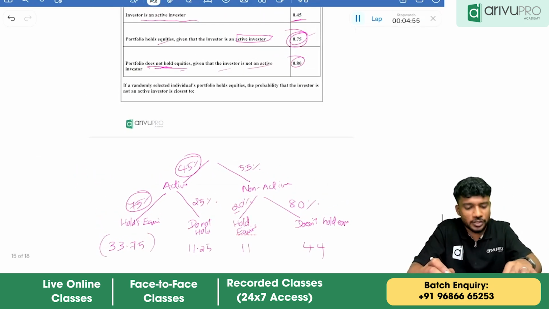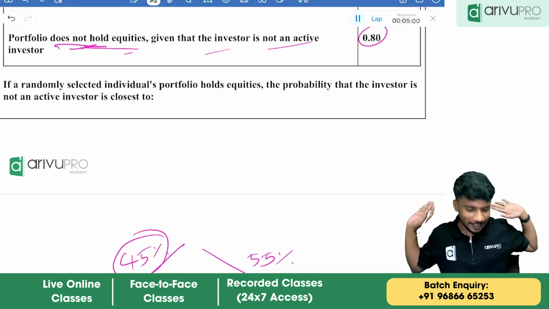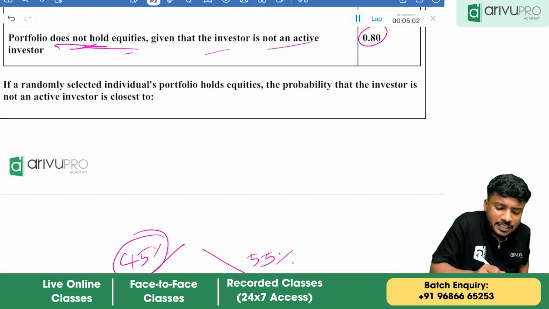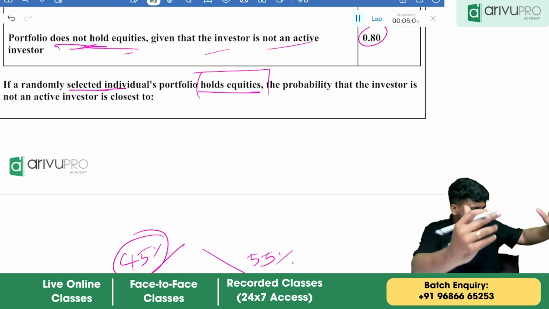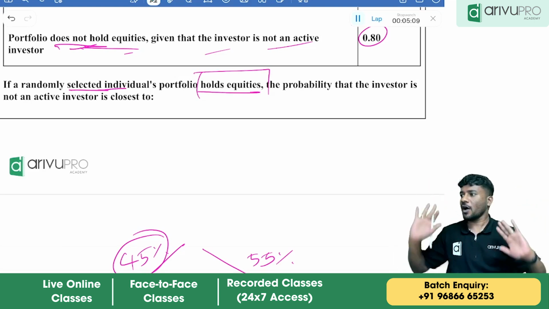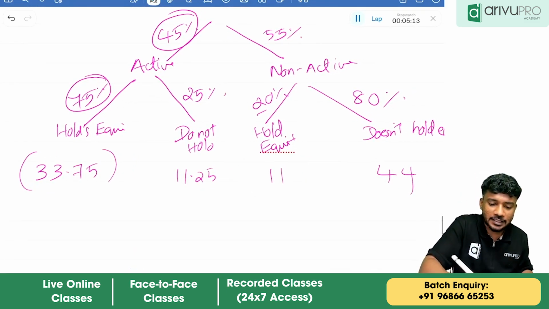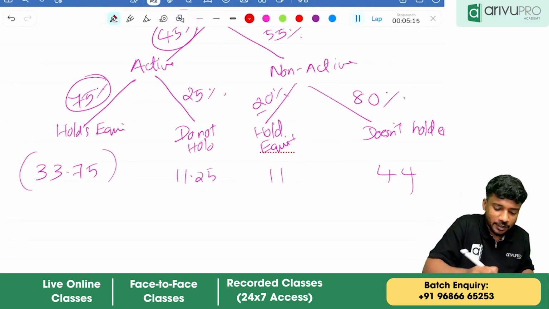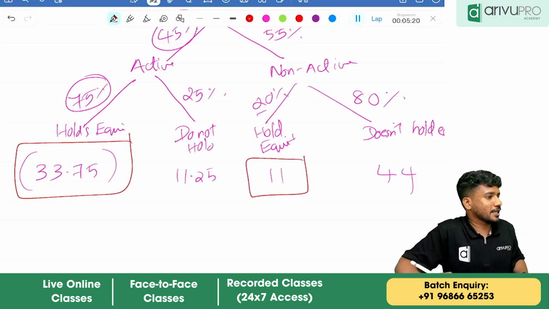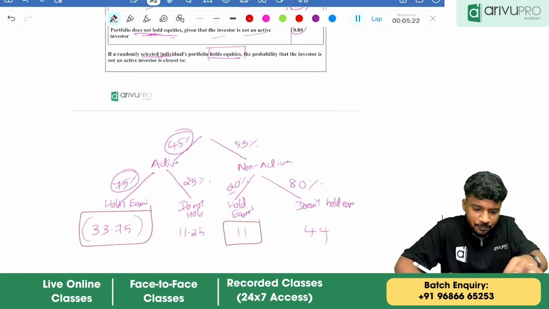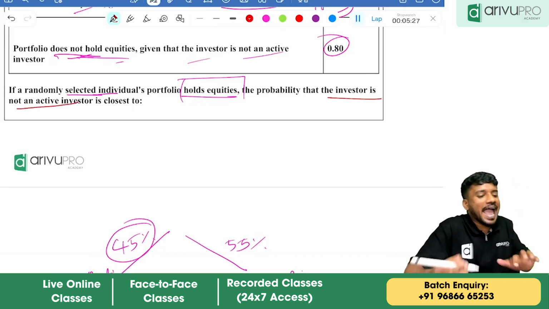Now we will read the question. Now are we using the formula? We are just using the logic of what is given. Now look here. If a randomly selected individual's portfolio holds equity, that means if you are choosing a portfolio which holds equity, which all cases are holding equity, you should tell me. This case holds equity, this case holds equity, correct? Yes. Then the probability that the given investor is not an active investor,